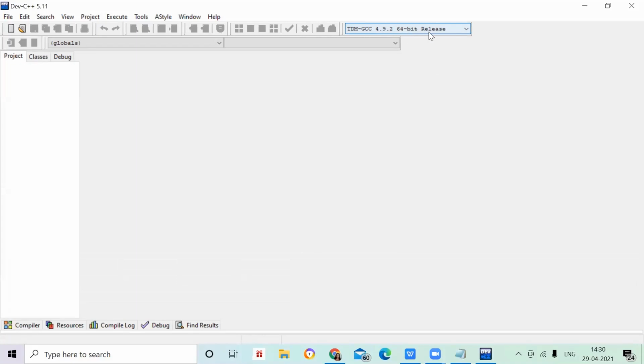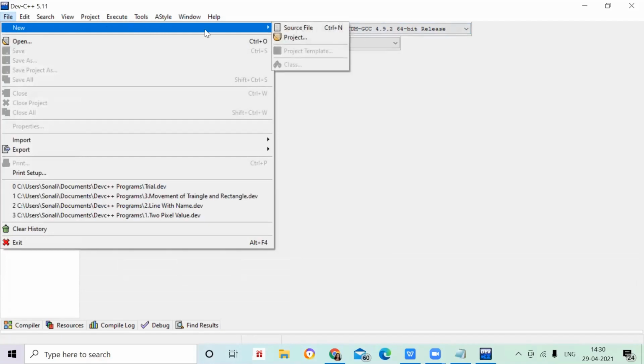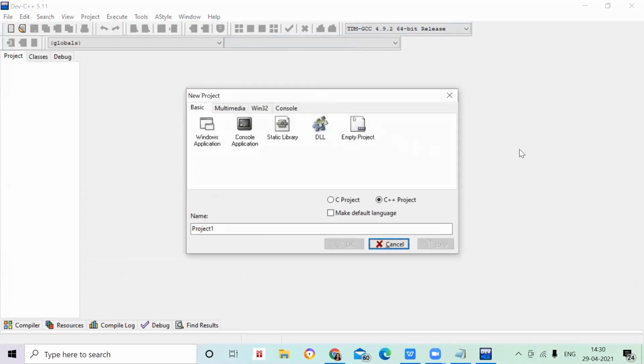Here I have to go to File, just write it down: go to File, go to New, go to Project. Whenever you click on Project, you will have some basic applications: Windows Application, Console Application, Static Library, DLL, Empty Project.